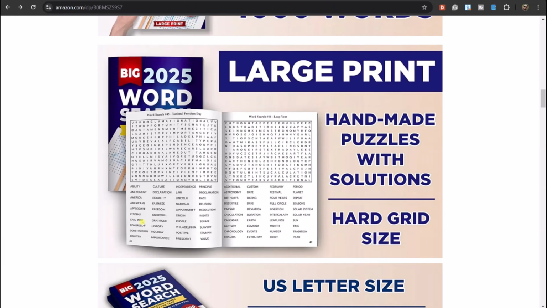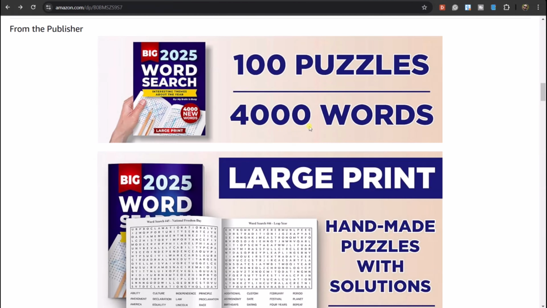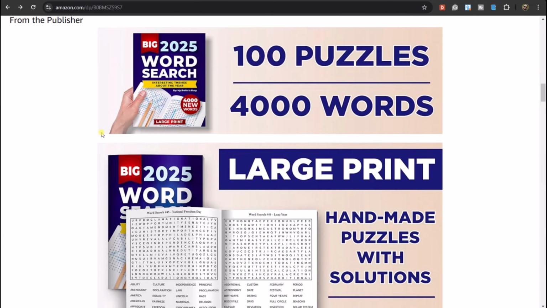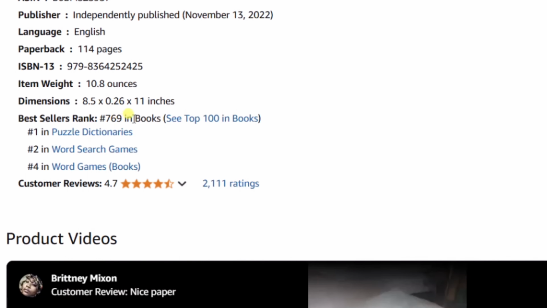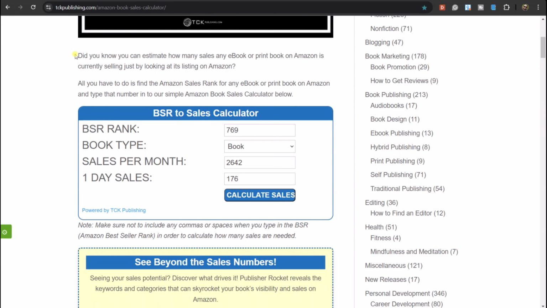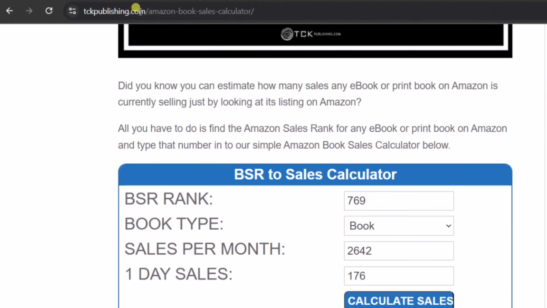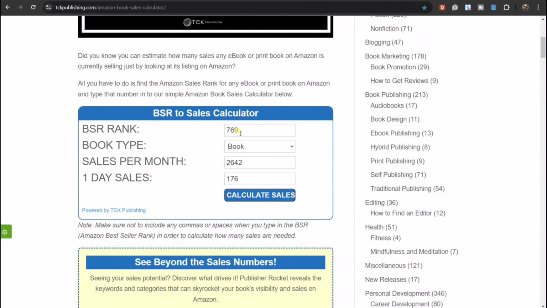What we can see here is that each particular word search has 40 words to find, which means that the whole book has 4,000 words to find, and that's what it's advertising on the front. So let's just pull this down a little bit further. We can see that the bestsellers rank for this book is 769 in books. So if we pop over to tckpublishing.com and we put in the bestsellers rank of 769 in books, we can see that the sales that this book is doing is